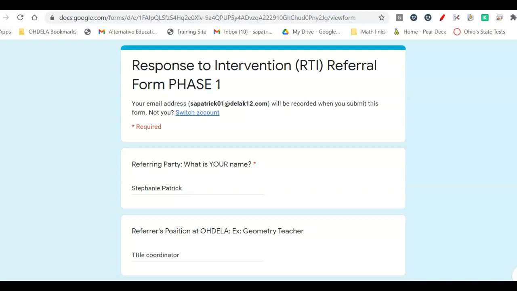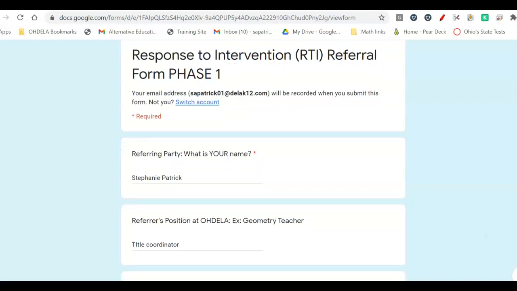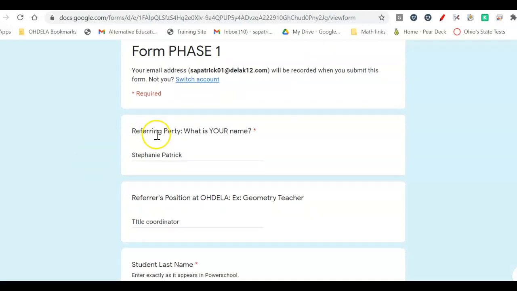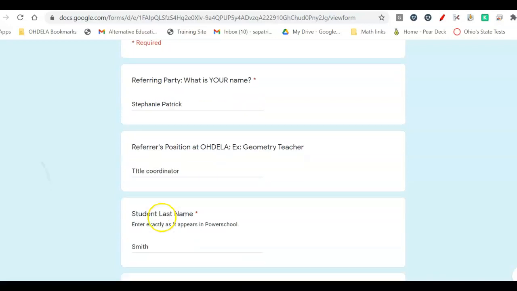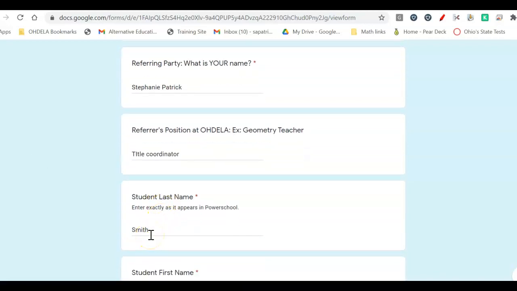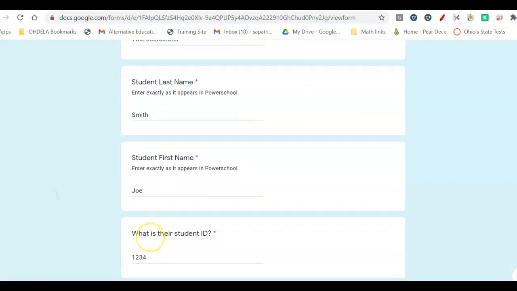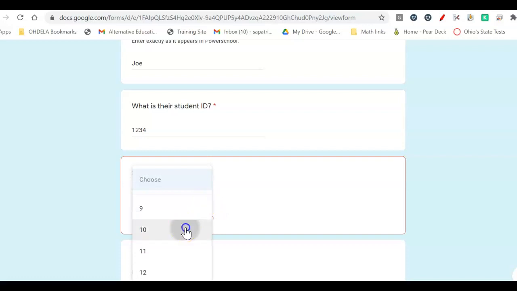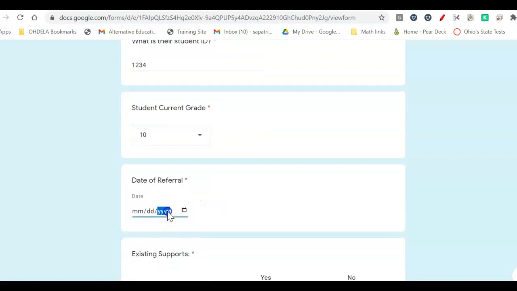So the first form is phase 1. It's the one with a light blue background. And this is where you're actually going to be putting a student's name that you think would benefit from the RTI process, and you possibly are thinking there might be a learning disability that has been overlooked. So the first part is your name right here, your position. Then we come into the student's information: the student's last name, their first name, their ID, grade level must be chosen, the date of the referral,